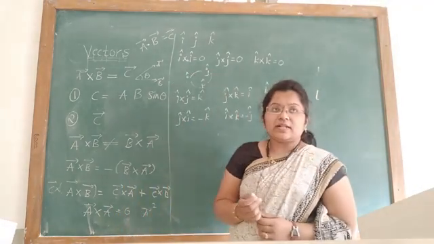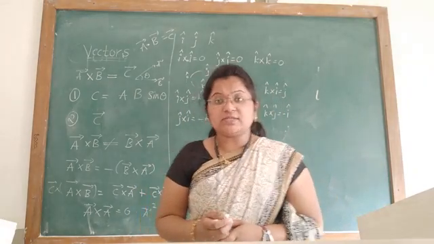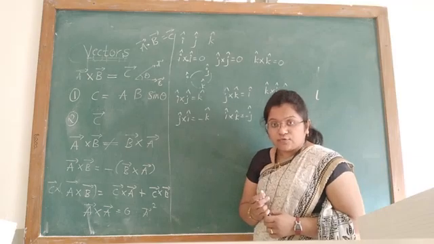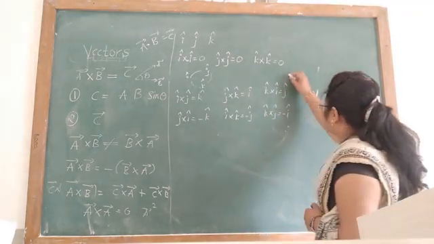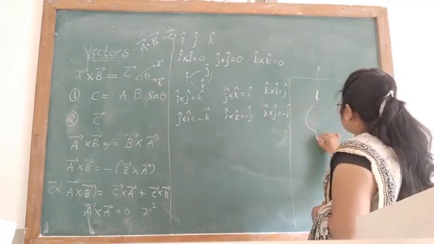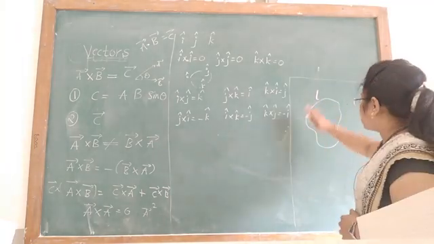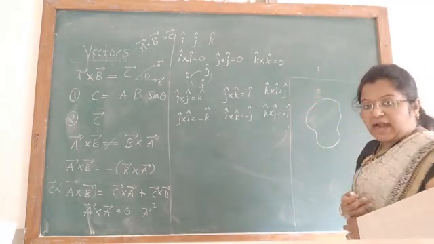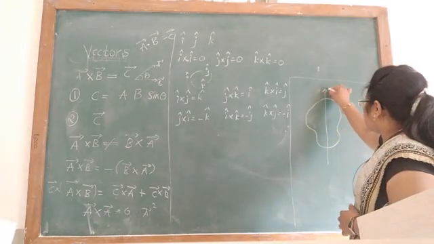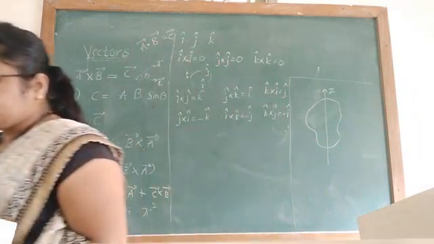Okay, now we will think about some parameters when the objects are moving in a rotational motion. So for that I will consider, see here, one object is there, one rigid body is there, you consider. One rigid body is there. Okay, and that rigid body is rotating about some axis.